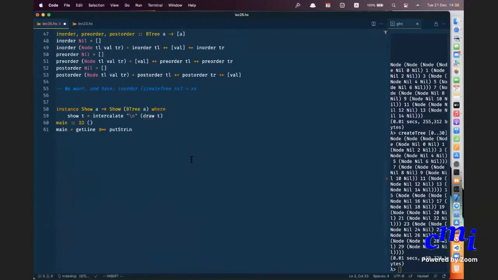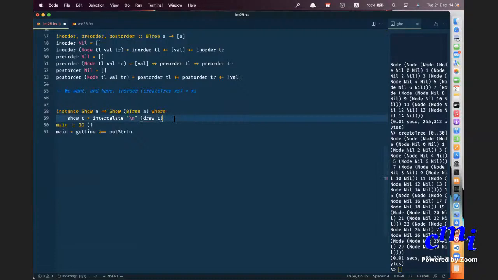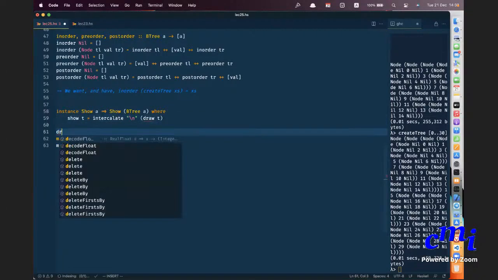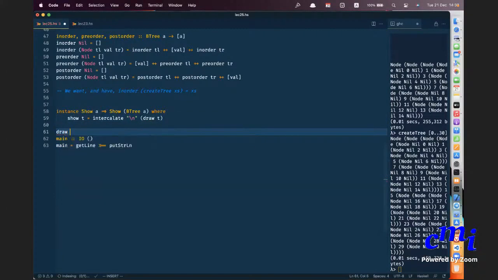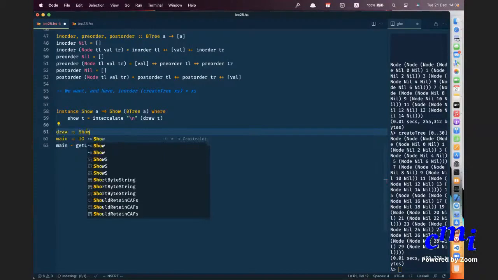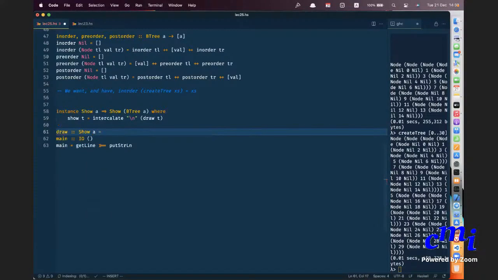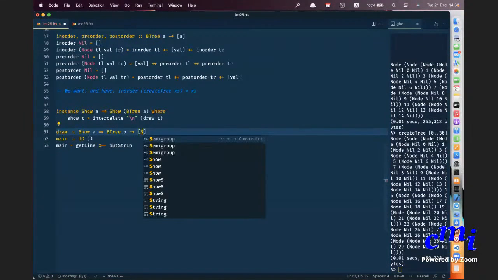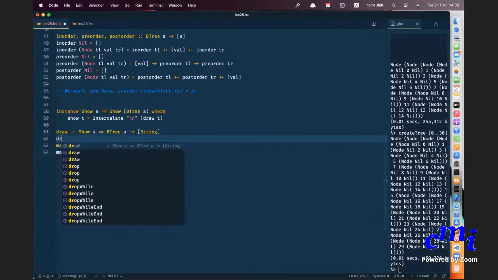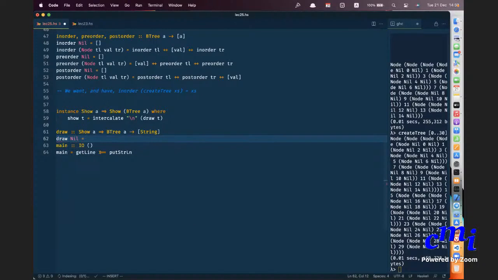So what is draw now? Draw is a function from, if A is showable, then it's a function from B tree A to a list of strings. So it's a simple thing. What is draw of nil?